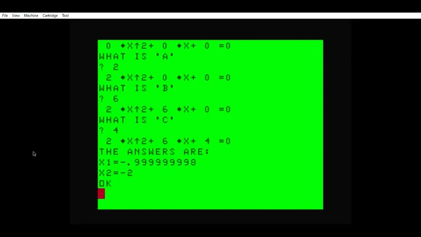A negative square root is always an imaginary number. So I'm going to try to make a fix for that. I'm sure there's a way. The second problem is that